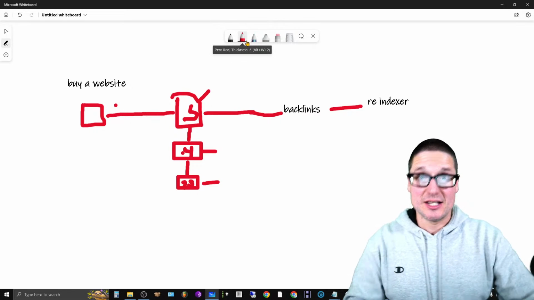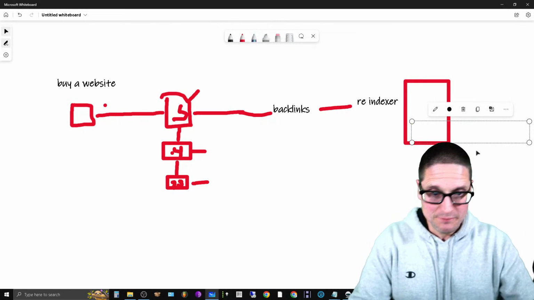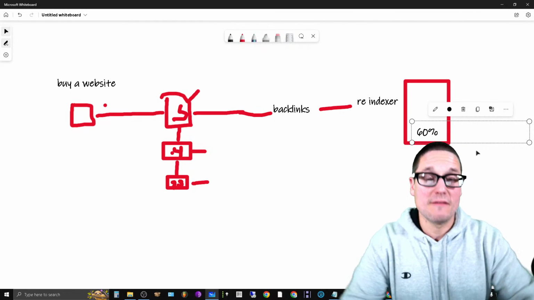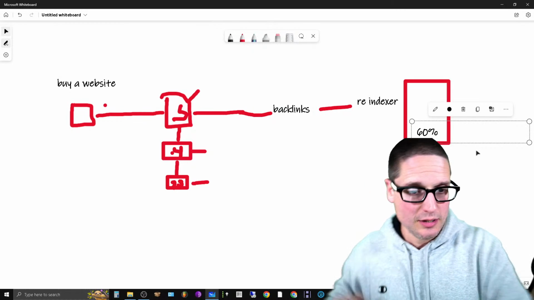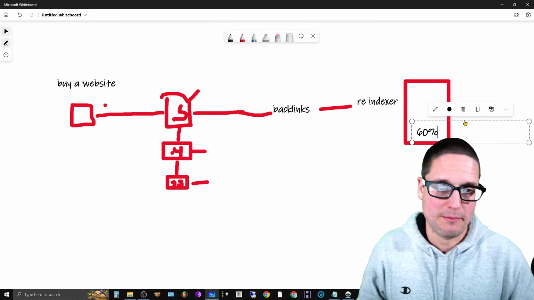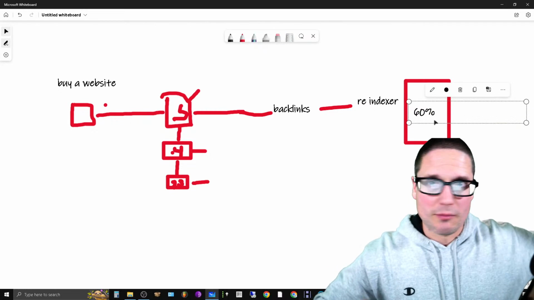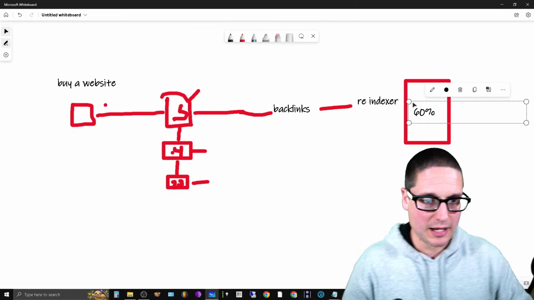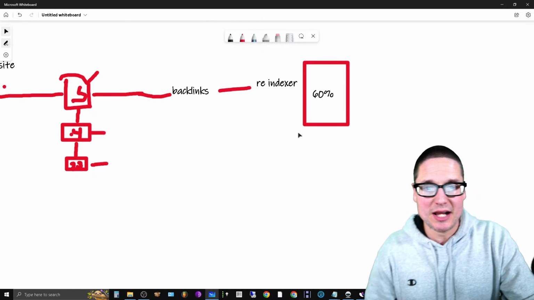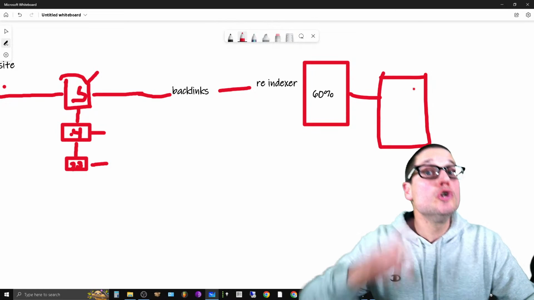Once that is done, and you notice that at least 60% of the previous backlinks, right? If you've bought an expired domain, okay, if 60% of those links come back, the very next thing that we want to do, there might be slightly less, there might be slightly more, but more than half need to be there though, all right? Once that's done, the very next step that I always do is I launch a new page